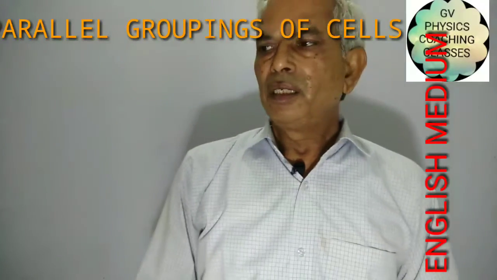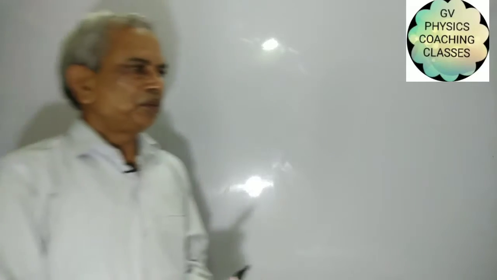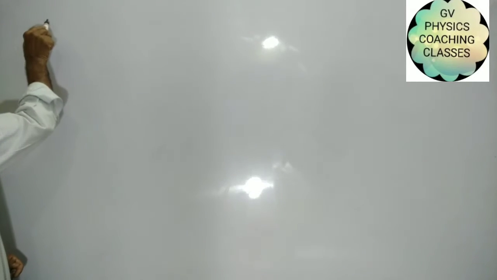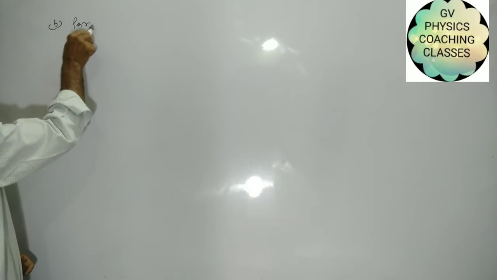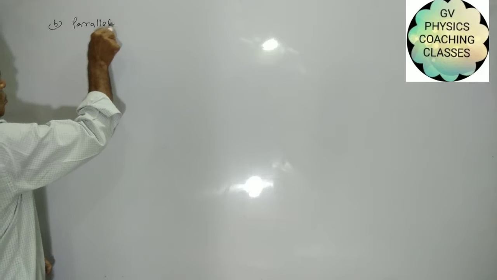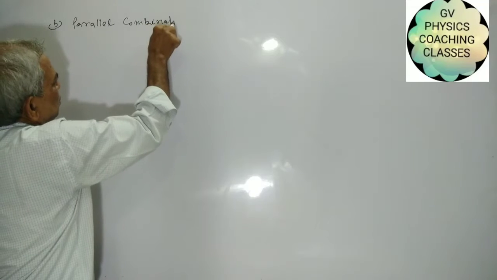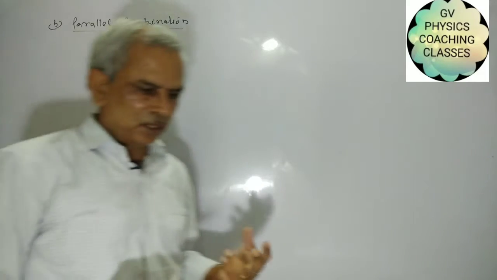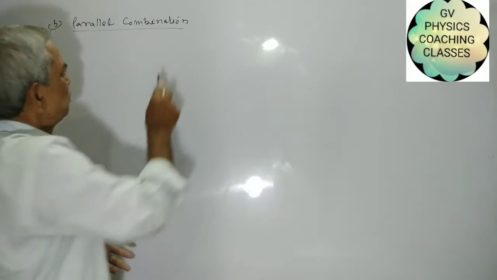On the last lecture we discussed the series combination. Now we discuss today the parallel combination. There are two different cases: when all the cells are identical, and when each cell is different. So case first,